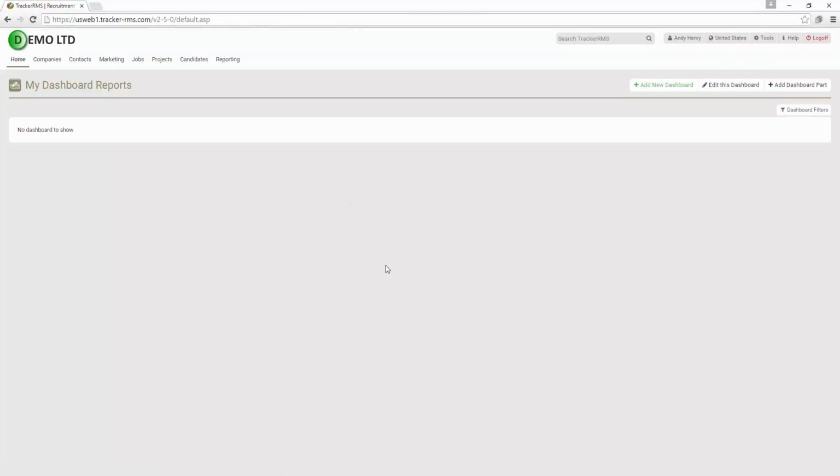Now, one common mistake here is people won't see it, and they'll keep hitting Add New Dashboards. So once you've built it, we need to go in and pick up that dashboard and apply it. So if I hit TrackerRMS Academy and Show, we've now applied that dashboard. We just haven't built any parts yet. So now I can hit Add Dashboard Part,